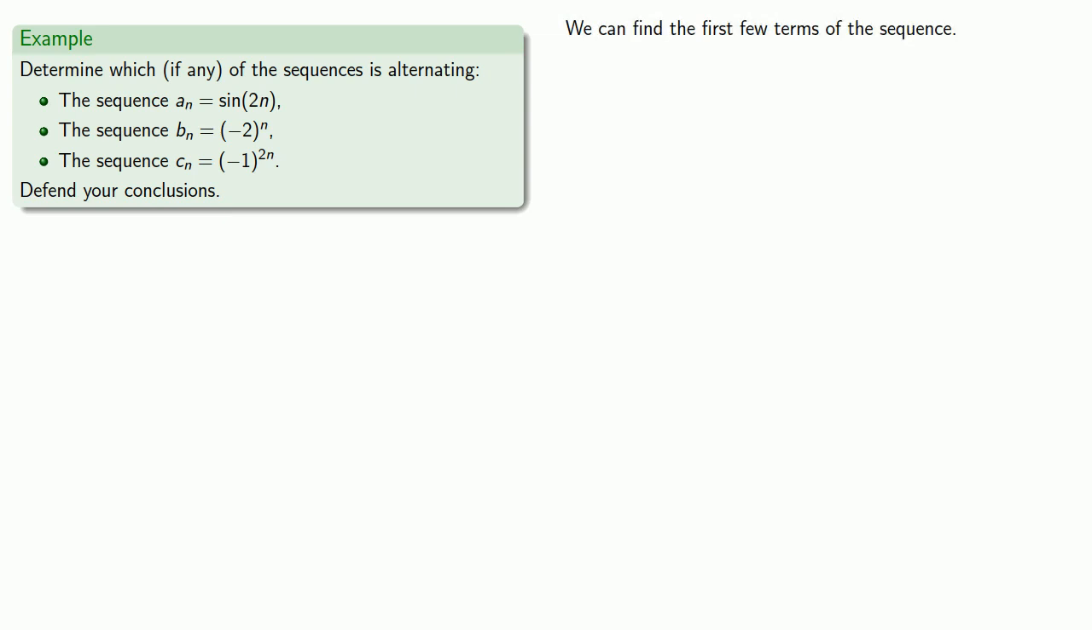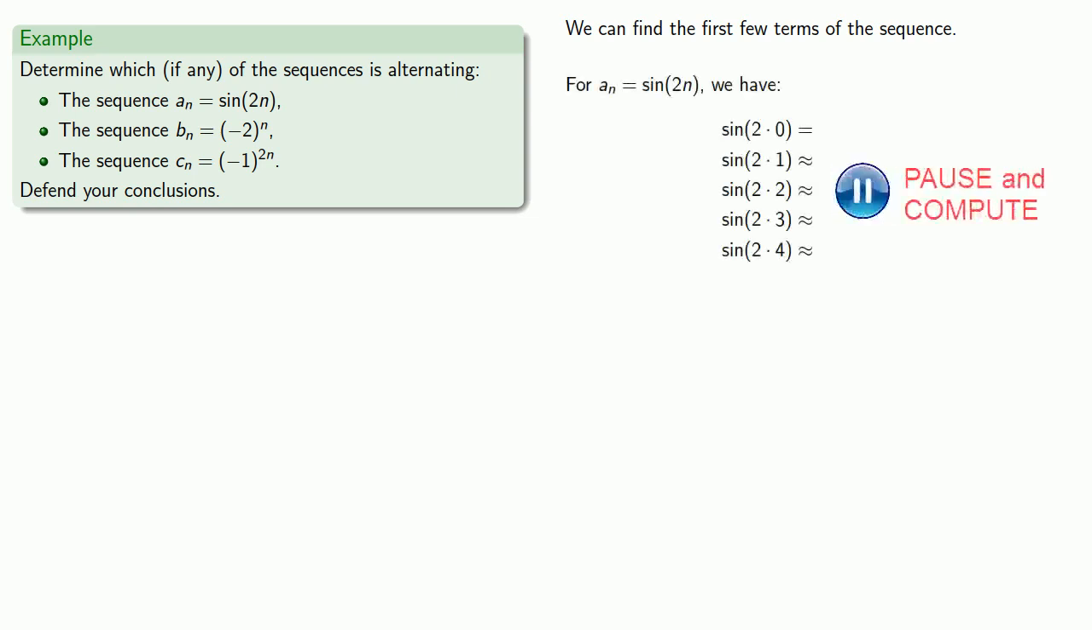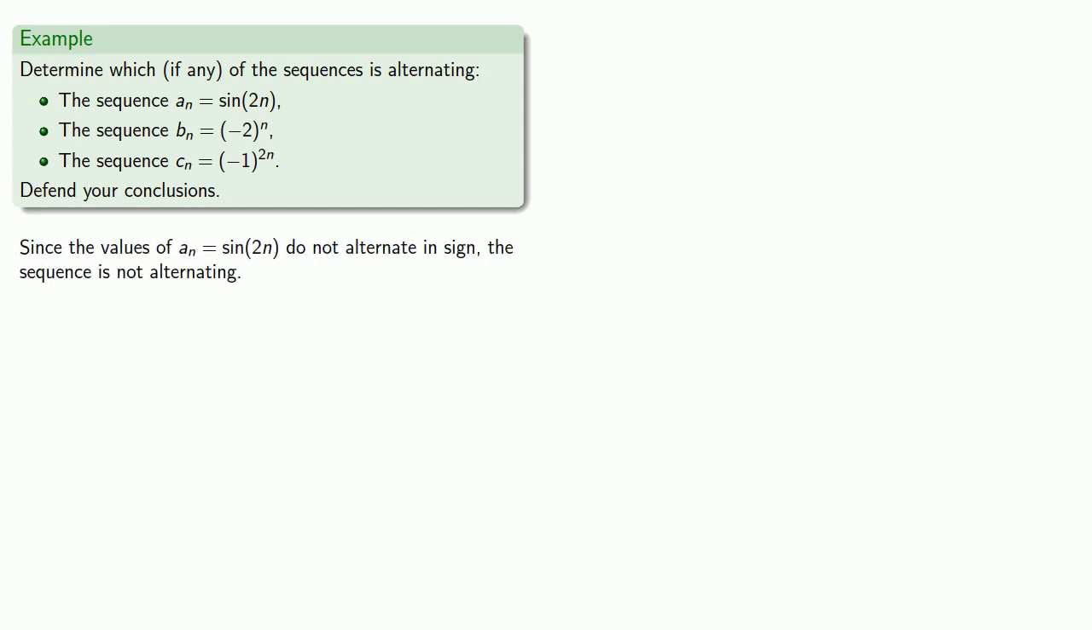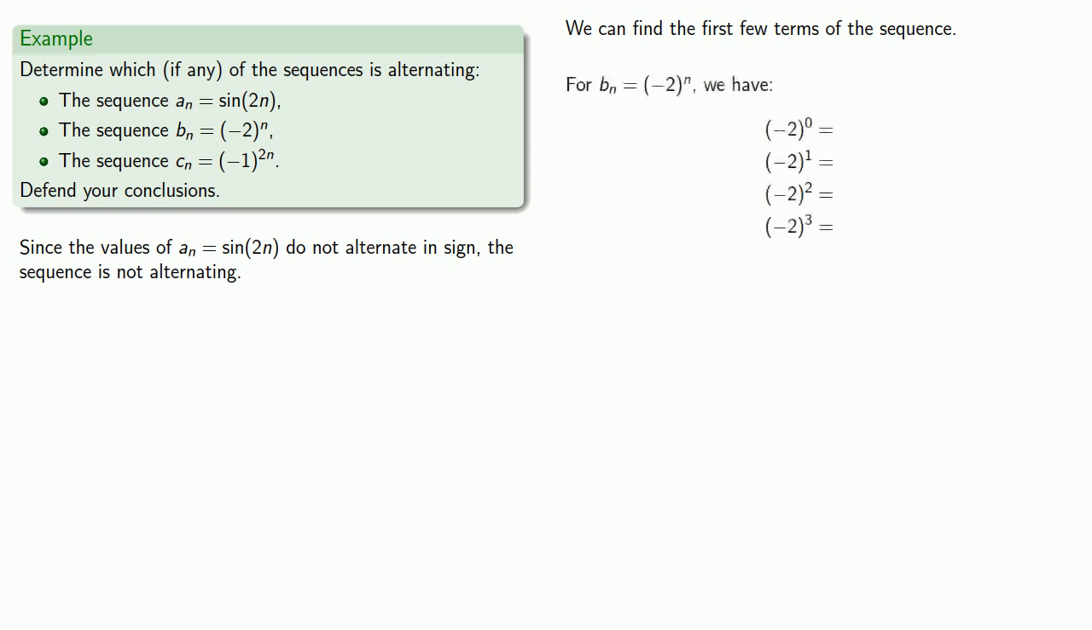For an equals sine of 2n, we have, for n equals 0, 1, 2, 3, and 4, and we see that these signs are sometimes positive, sometimes negative, but they do not alternate. And since the signs do not alternate, this is not an alternating sequence. For bn equals minus 2 to the power n, we can find the terms of the sequence for n equals 0, 1, 2, and 3, and we find